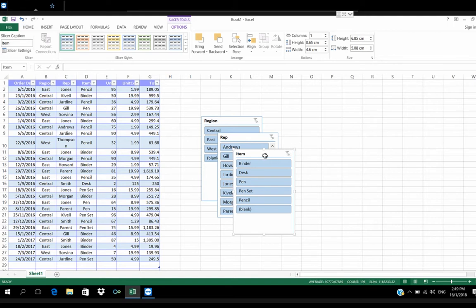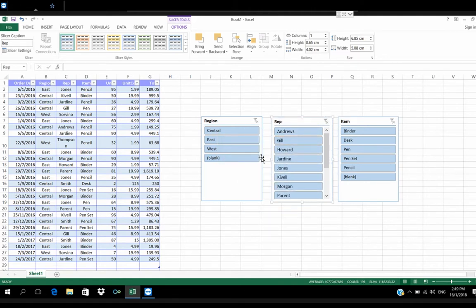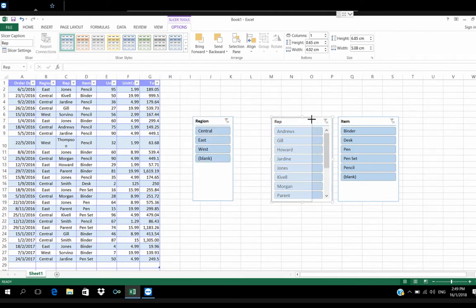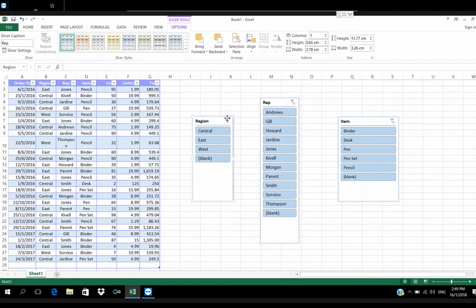Okay, we can edit the slicer so that it becomes smaller or even slimmer if you want, or even make it bigger.